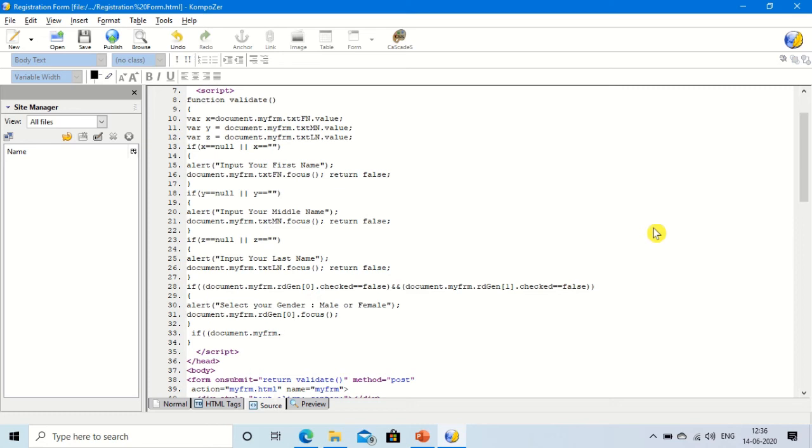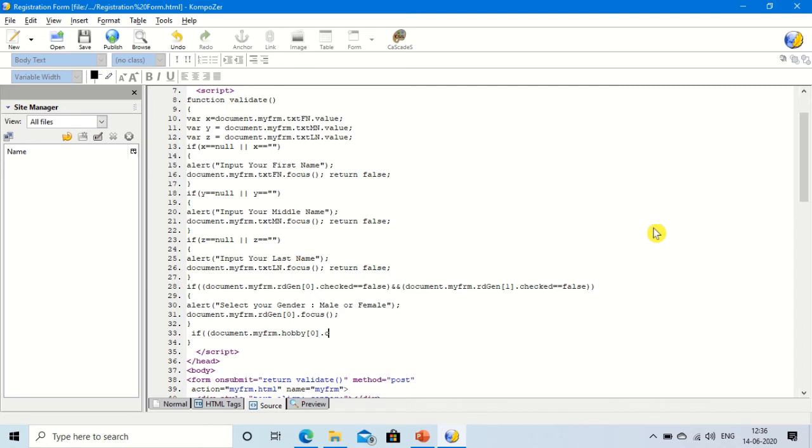The name of the checkbox is hobby, and the name of all the checkboxes is the same. So how to differentiate? We have to call by index value. Index value starts from 0. So give 0 in a square bracket. 0 means first, 1 means second, 2 means the third.